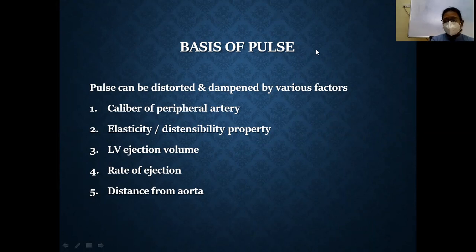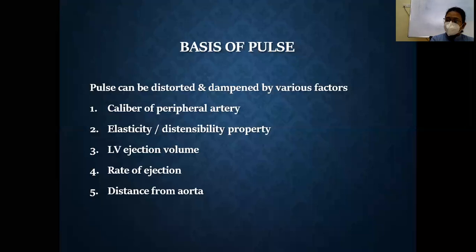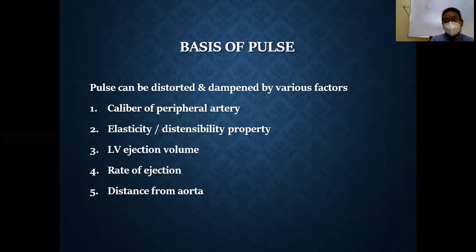Now why would this happen? Why would a difference occur between heart rate and pulse rate? For example, if you are assessing the radial artery and there is a thrombus or embolus somewhere in the brachial artery, of course there is an obstruction to the flow of blood because of which you are not able to feel the pulse properly. So that can be a situation where you feel that the pulse is not as appropriate as the heart rate. Another cause would be arrhythmias.